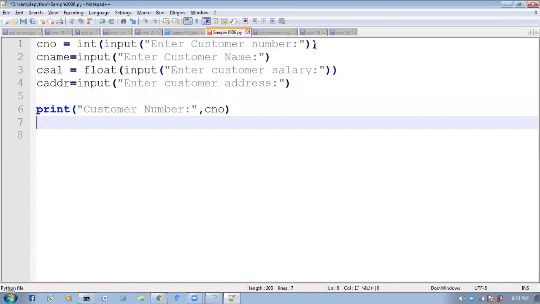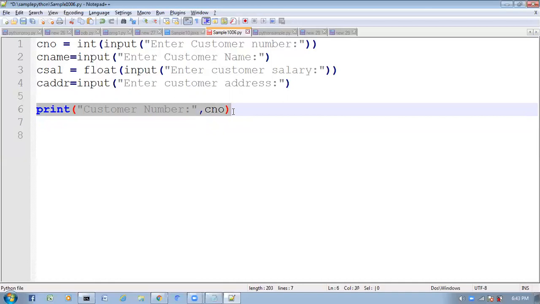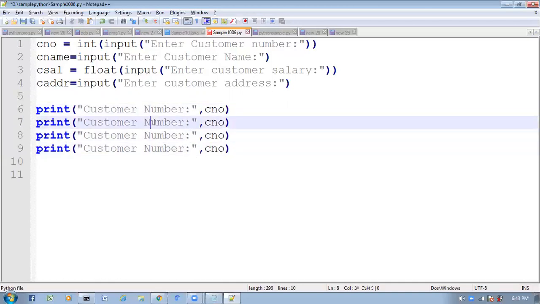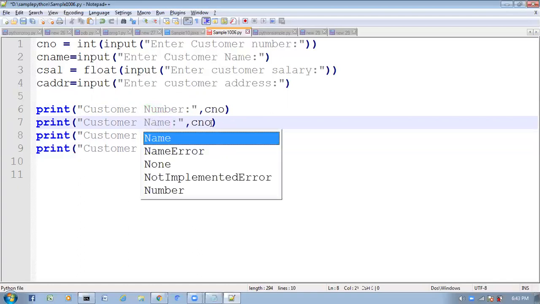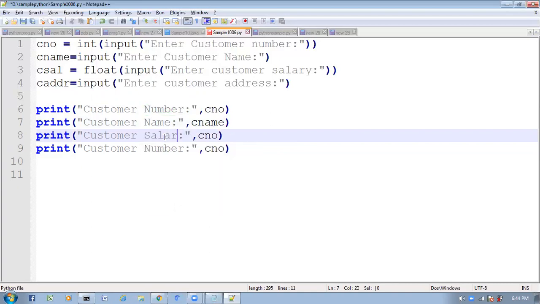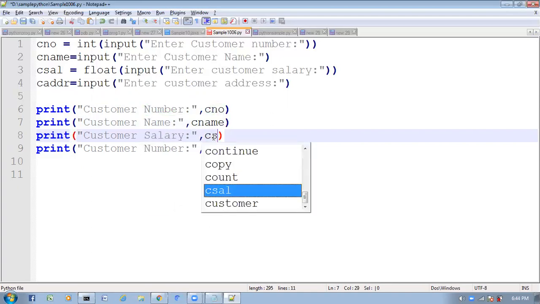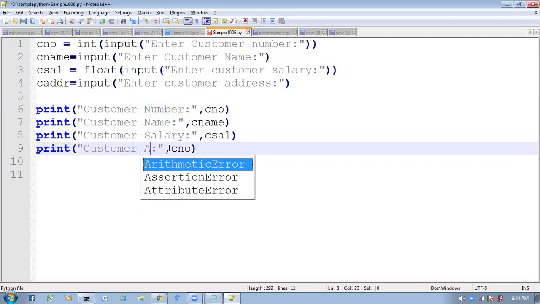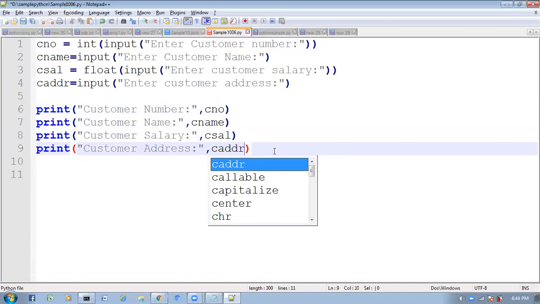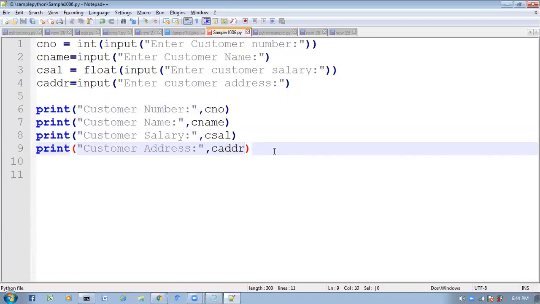Next, C name, C salary, C address. So like this we have to take.